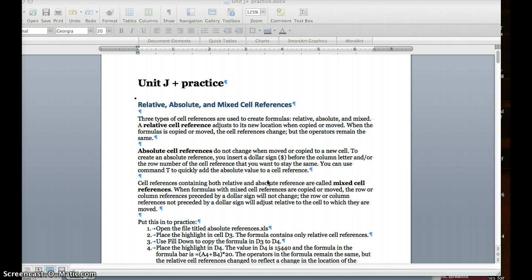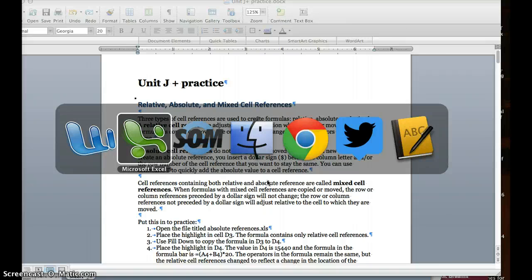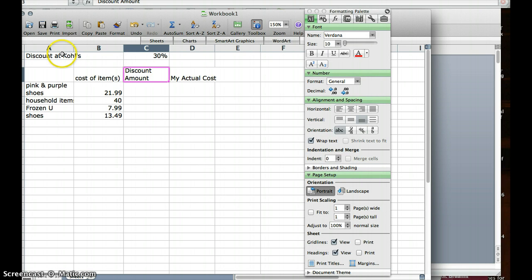The thing you need to remember is there's only going to be either a dollar sign before the column, which is the letter, or before the row, which is the number. And wherever the dollar sign is before, whether it's the column or the row, that is the one that stays constant. So to just give you an example of that, let's take a look at the discount I might get